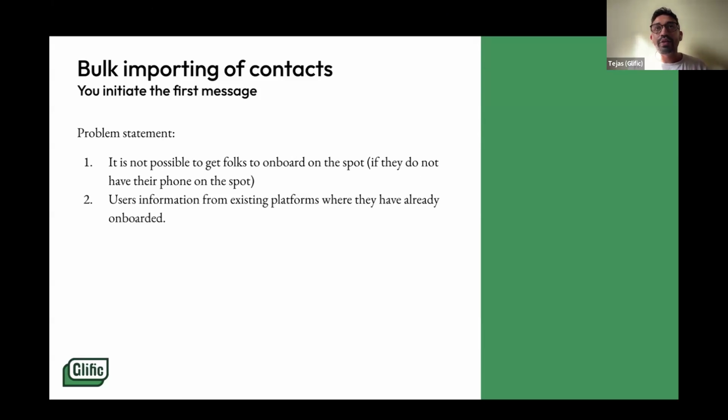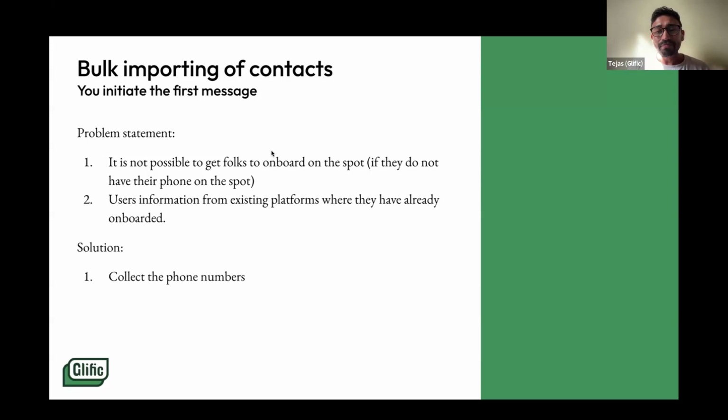At other times, you may have contacts already onboarded on some of your other tech platforms, some LMS, some other sort of database of your previous donors, since many NGOs are running for a long time. So you have a lot of contacts in databases who you can potentially engage with in a new way, without getting them to send the message again and asking for that information again. Since we have observed this many times and had a lot of requests,